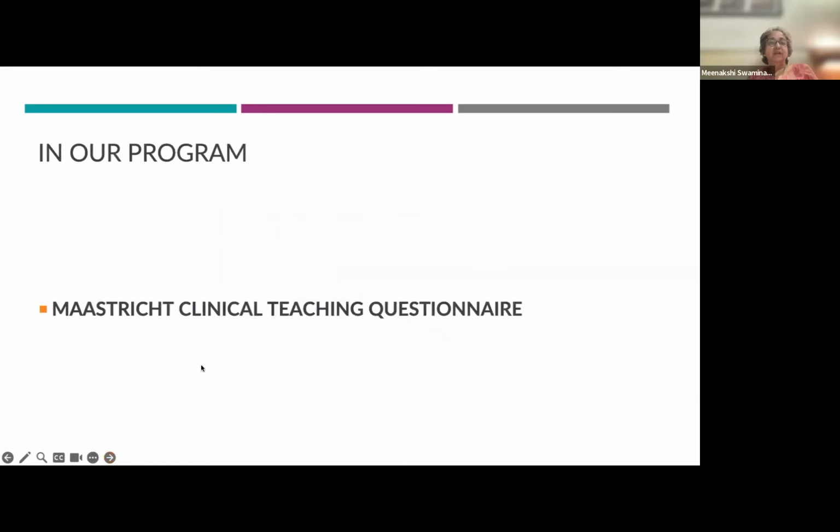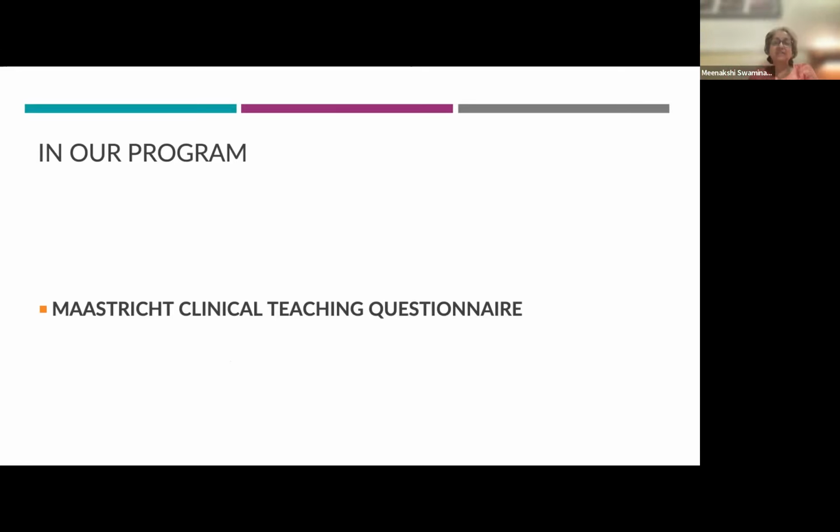Thank you, Carl. So in our program in Chennai, this is what we did. Initially, I encouraged the residents, and our residents and fellows number rather large, all put together about 100 trainees at any given time. So anonymity was fairly possible. But I made them write open-ended remarks and put it in a box without their names and collated it. And that really opened a Pandora's box. Nobody was happy with that method.